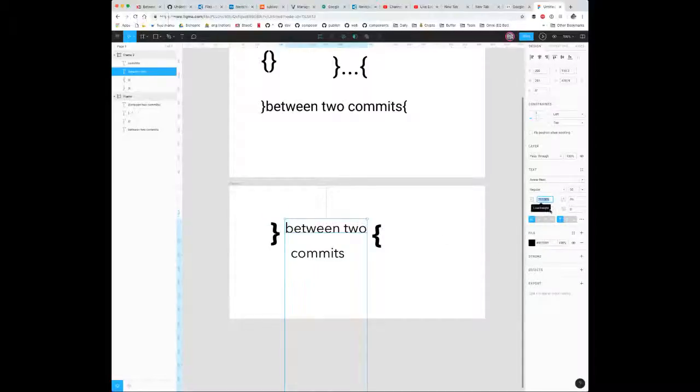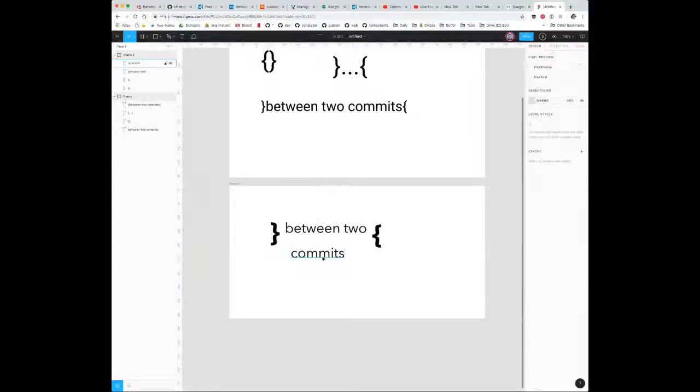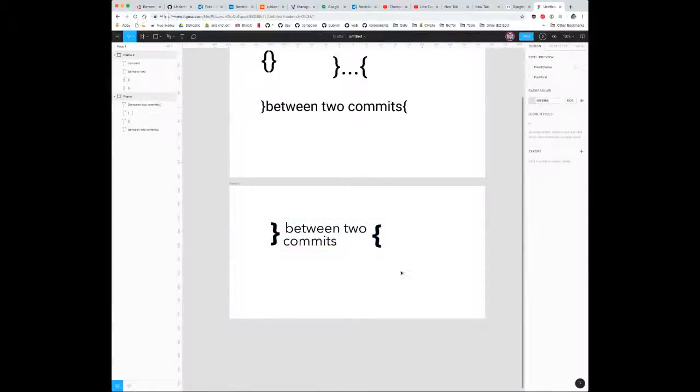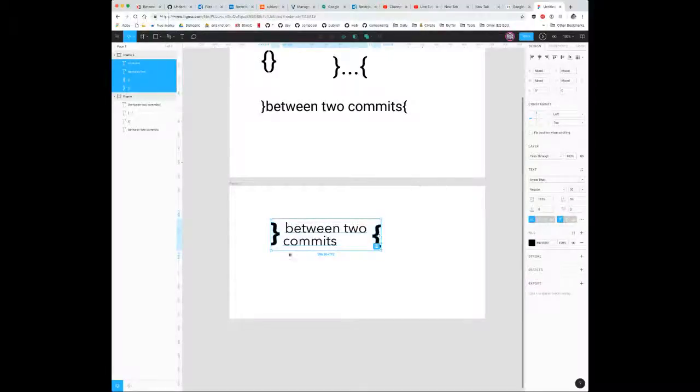I'm liking where this is going. I'm thinking that because between two commits is a very long set of three words, it needs room to breathe, right? It could be on one line, but I would also draw a distinction between this, which would be a formal thing, and the app icon or the favicon. Yeah, exactly, a square shape thing, which could just use elements of the braces, maybe, if we decided to go with something like that.